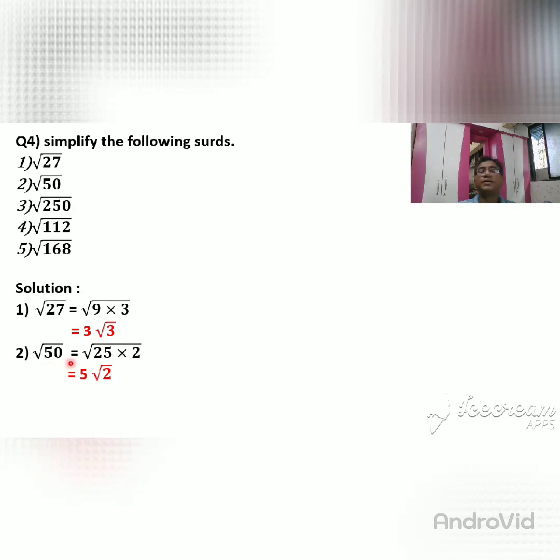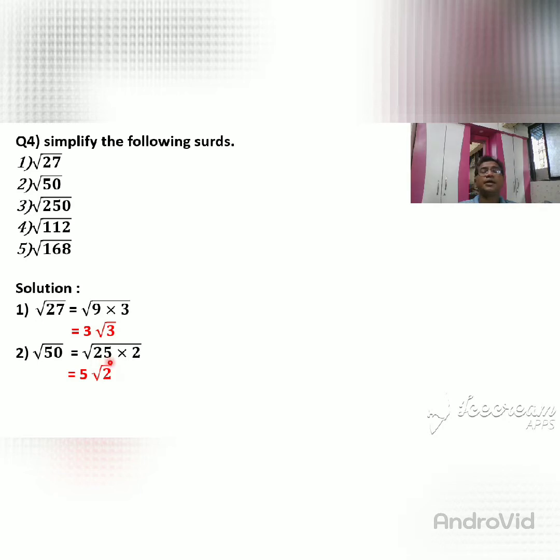50 can be factorized in such a way that one number's square root can be found. Why is it a square root? Because there is no number in the V shape, that means they are having order 2. So we want to find the square root of 50, and we factorize 50 such that one number's square root can be found.